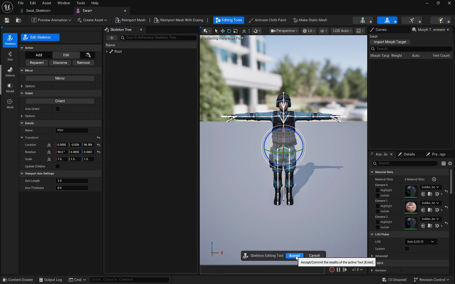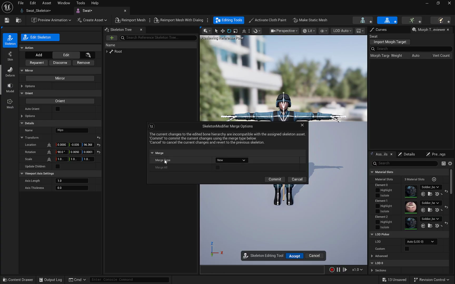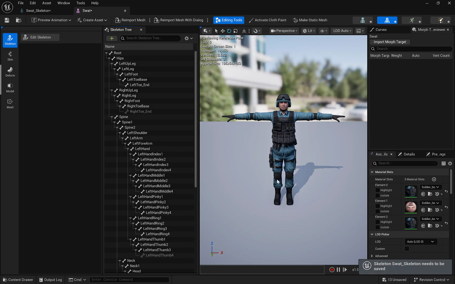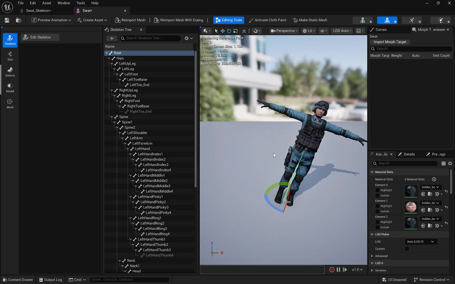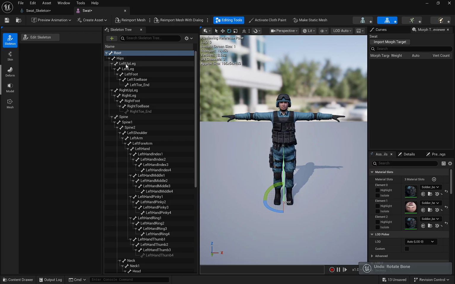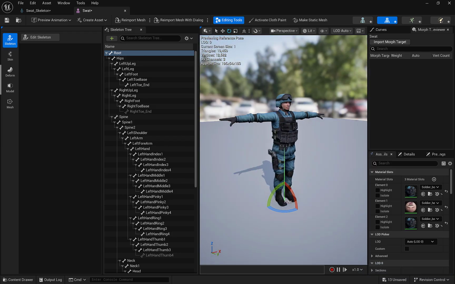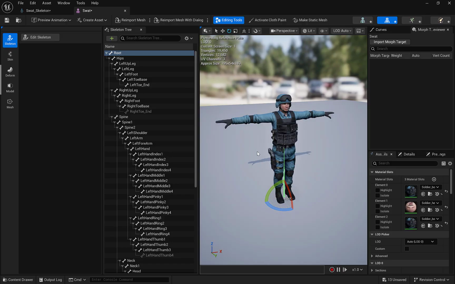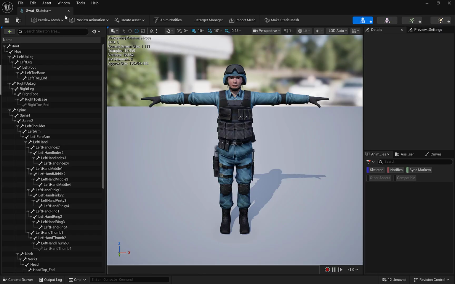So the next thing is to click accept, and under merge type, you want to merge. And then I'll hit commit, and we now have a root bone. And if I was to rotate this, you'll see, we'll hit undo on that. We now have a root bone set up, so we can now properly retarget animations. So I'm going to hit save. I'm going to close this,